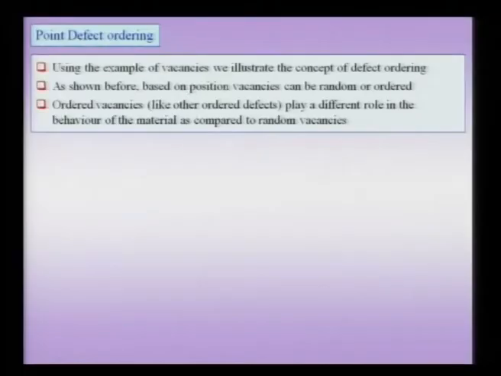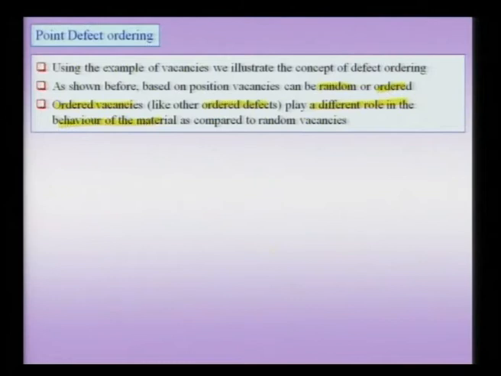And this is coming from the classification in which we talked about a defect as a random or an ordered kind of defect. And the important point to note about why this ordering phenomenon is very important is that ordered vacancies, like other ordered defects, play a very different role in the behavior of a material as compared to a randomly present defect. This is something which we need to note, and this will become obvious when we talk about the ordered